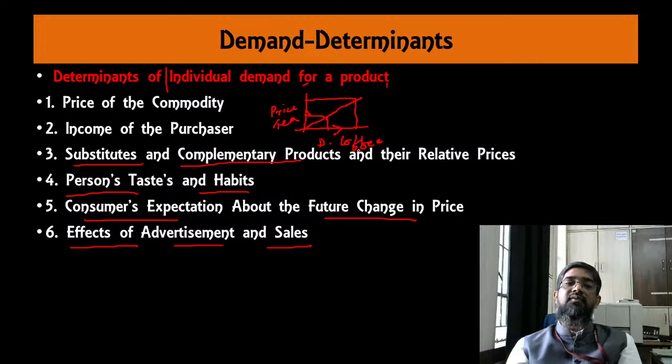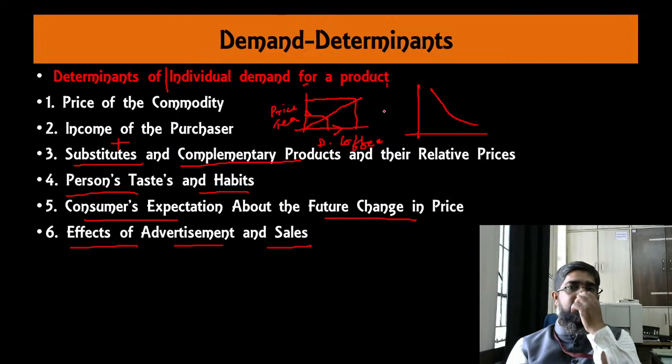So in case of substitute goods, there is positive relation between price of substitute and demand for the other related commodity. But in case of complementary goods, what happens? See, the demand for, I'll show you here. यहाँ पे सपोज आपने पेट्रोल प्राइस लिया, and here demand for car and bike,